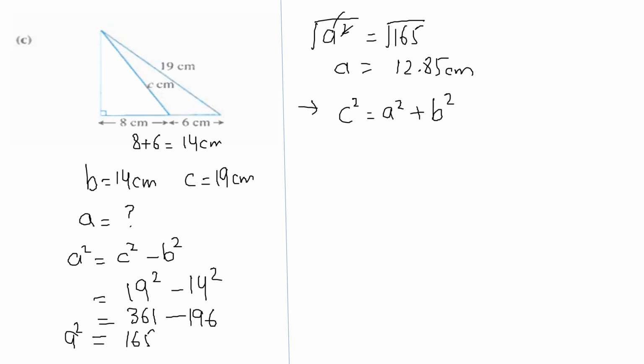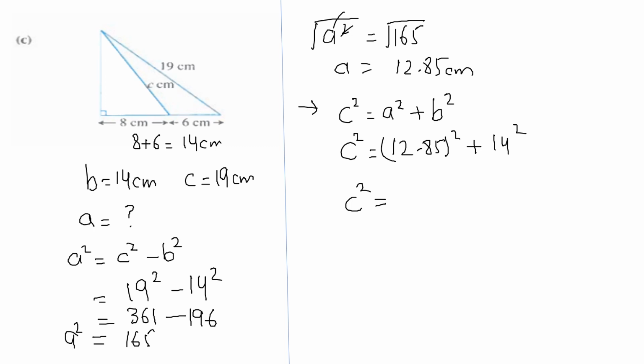In this case, I have the variable as C itself. So C squared is equal to A is 12.85 whole square plus B is 14 square, right? This one is B, and A I got from solving this triangle, right? This complete triangle. And now I will get C squared is equal to